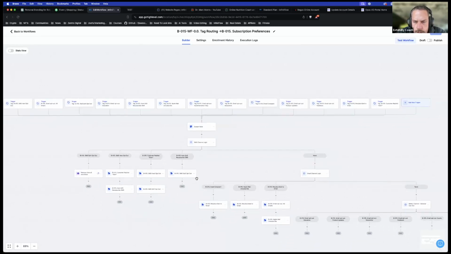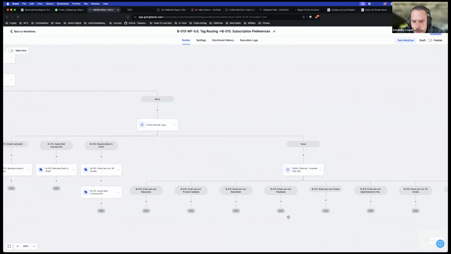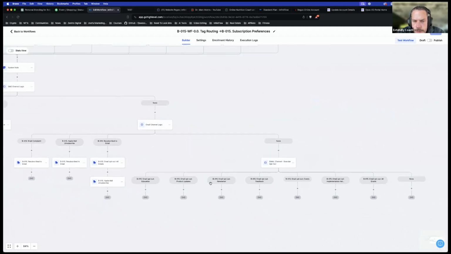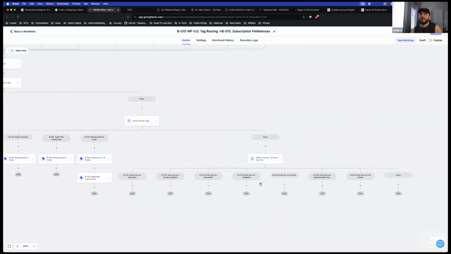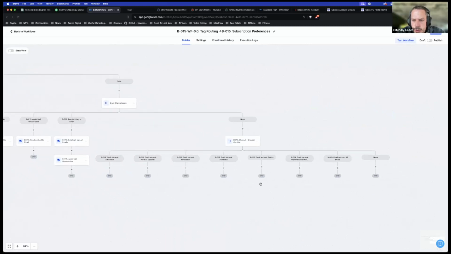Okay, so based on what's checked in that form, right here, you'll see, see the tree? And so if you have any other workflows that are managing those campaigns, essentially